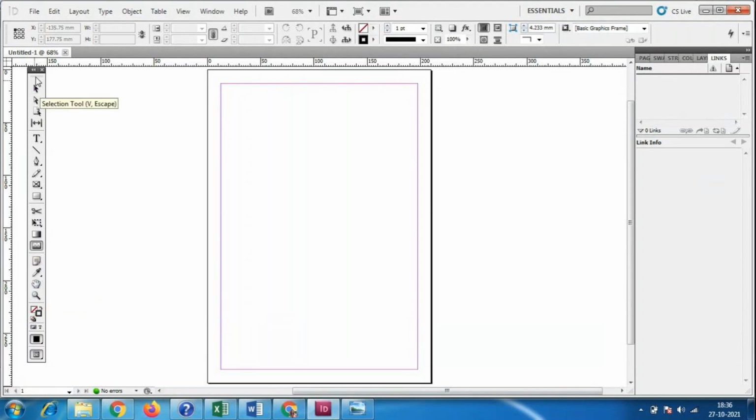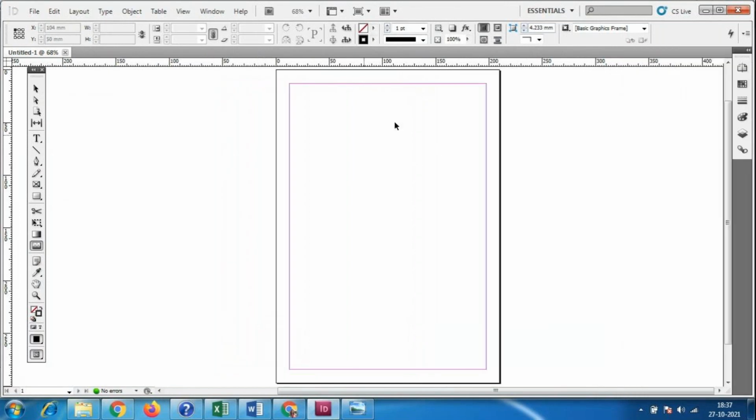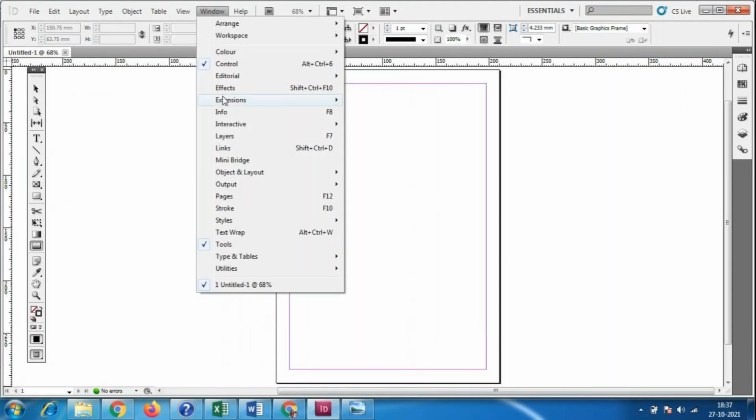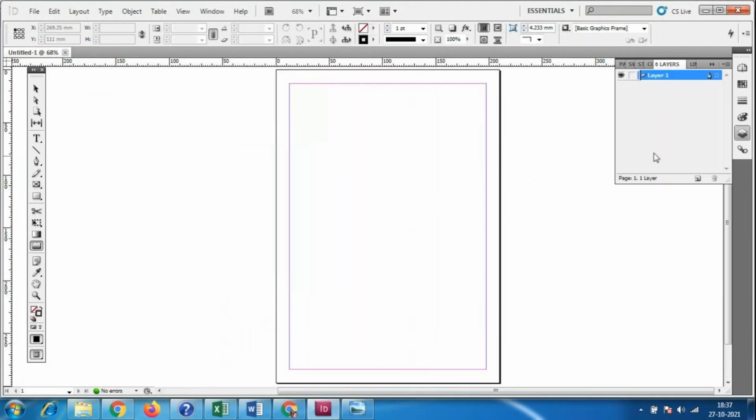Whatever tools you take, there will be a properties window here. Any of the tools which is not visible here, go to Window, and in that we have the options. We have this layers option also here, so no need to worry about the layers.